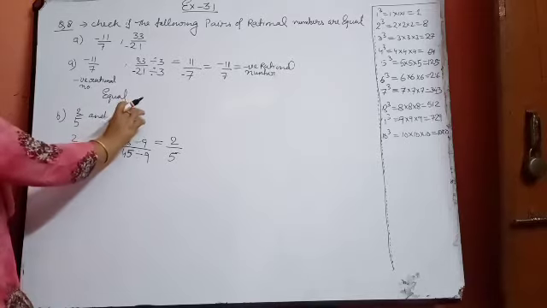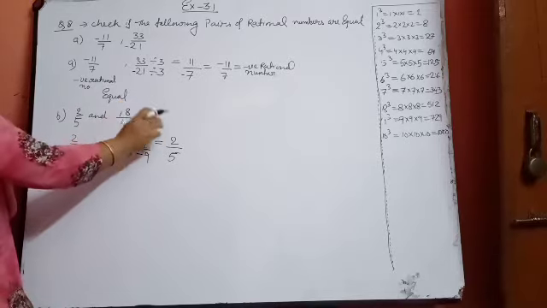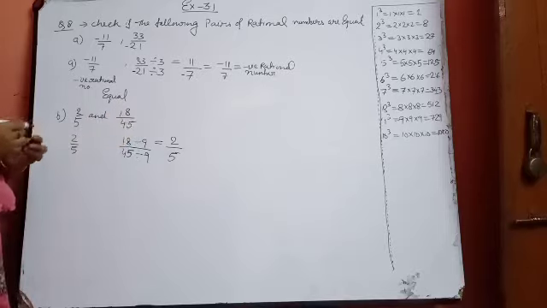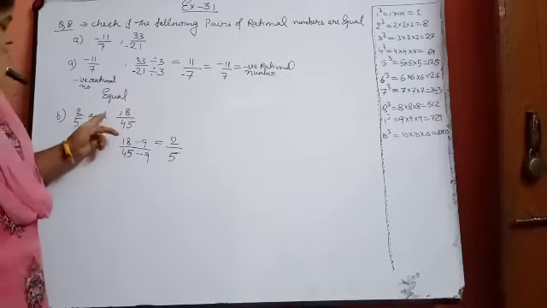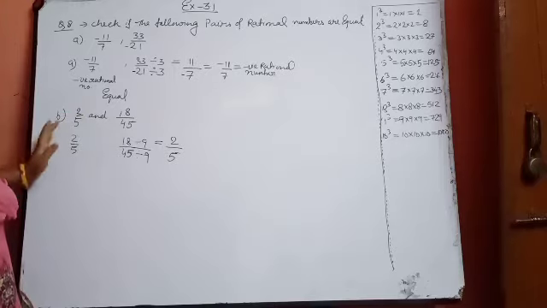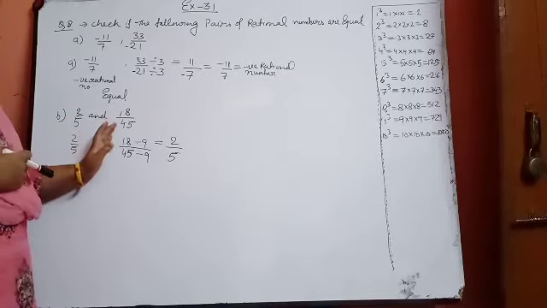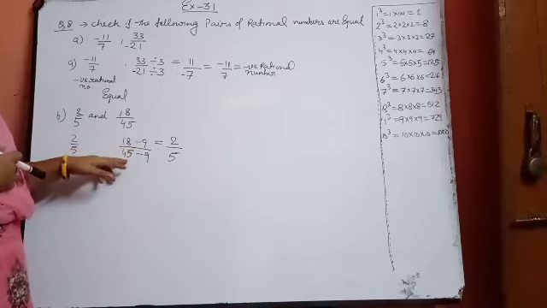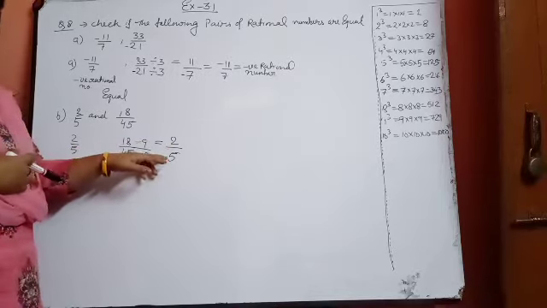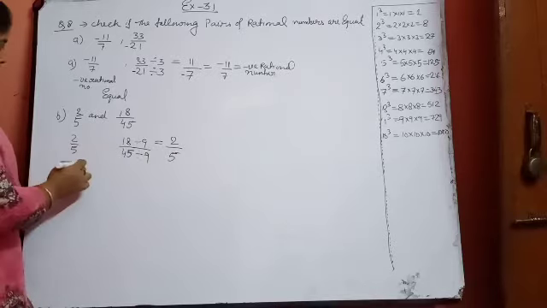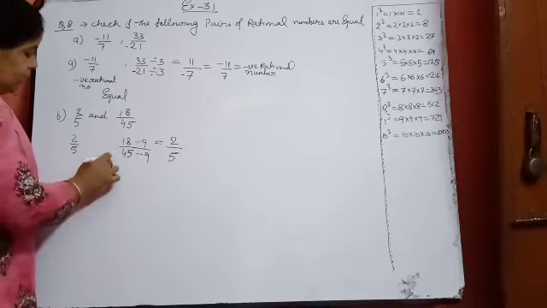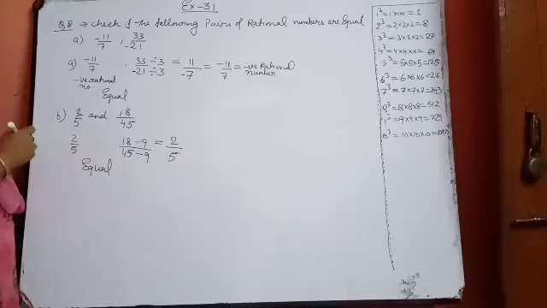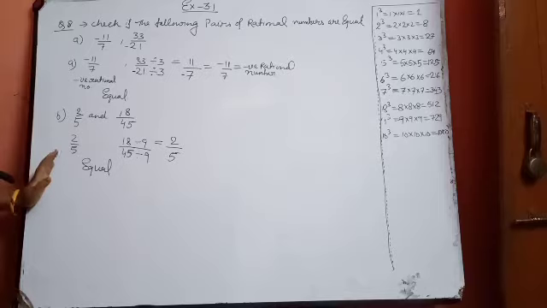If one rational number is not convertible to the lowest form, then you keep it the same, and the second rational number you write in the lowest form. After converting this rational number to the lowest form, again it is coming 2 upon 5. It means both of them are equal. So yes, they will be equal. In this way, 2 parts of this question I have completed, and 1 part I am leaving for you so that you may understand the concept of the question. Okay, you will perform it on your own.